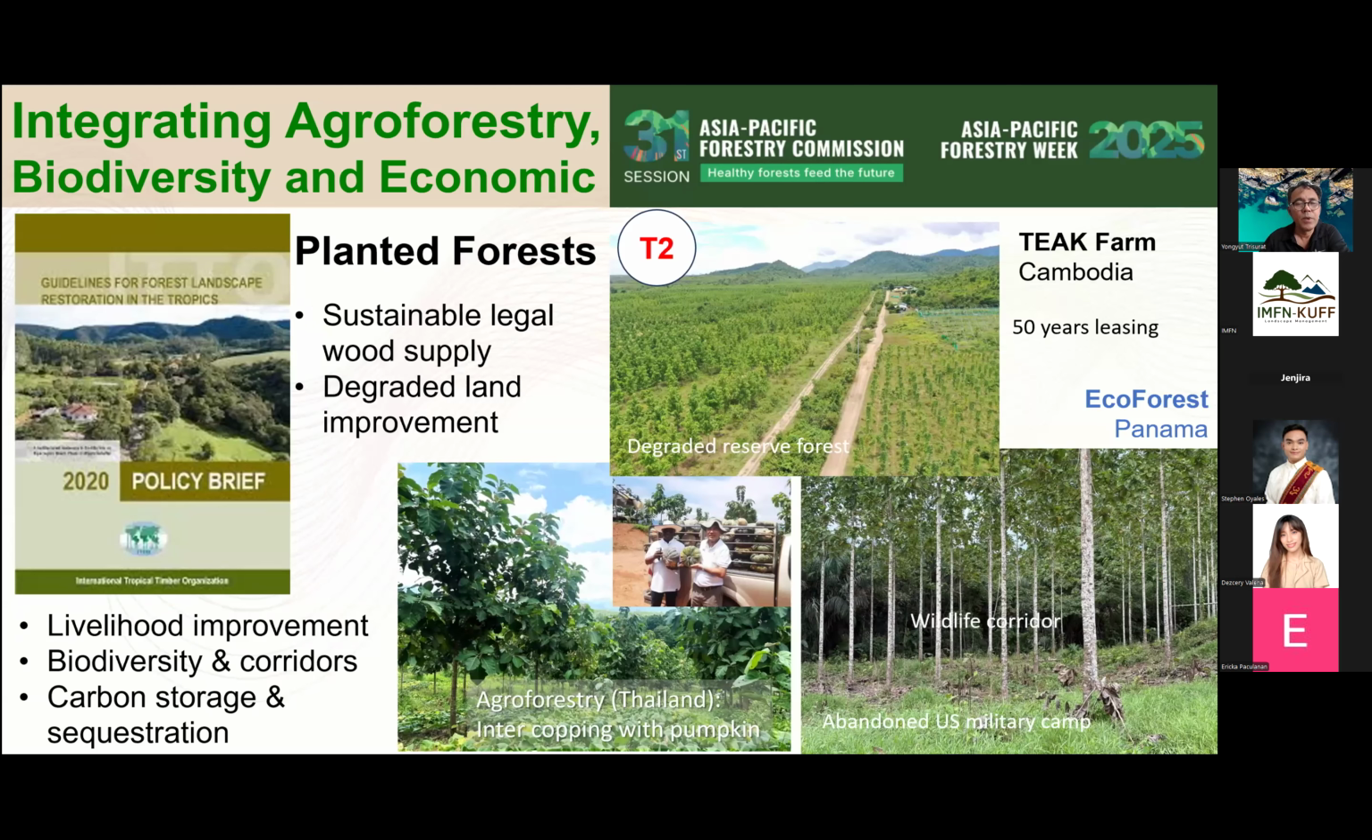Okay. So this is a real example that happened in different places. For example, in Cambodia, this area used to be a severely degraded reserve forest, no trees at all. The ground is very dry. The situation is similar to desertification. So we have an Israeli company. The Israeli company rented the degraded forest from the forest department of Cambodia for 50 years to promote teak